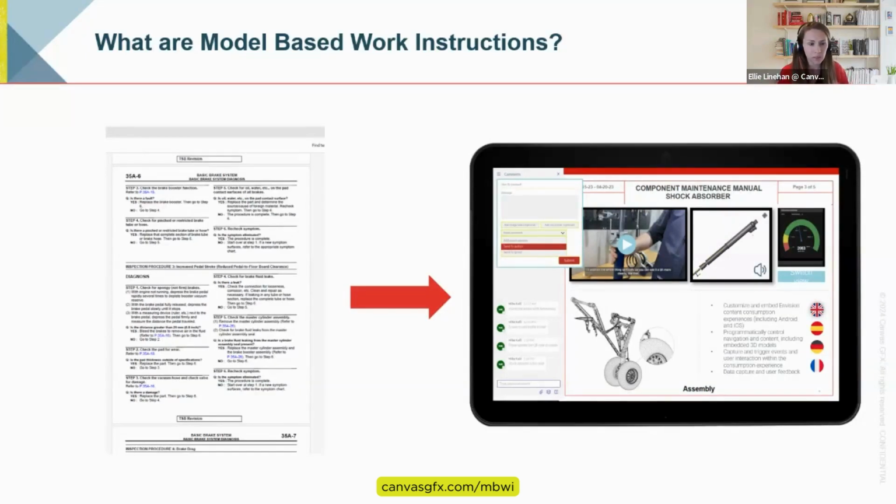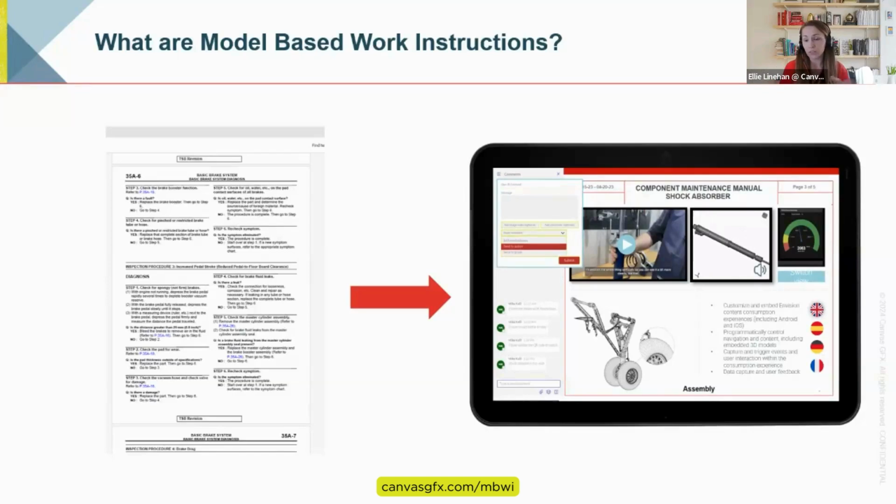If we think about this paradigm shift, there's a step in between where we create documents that are 8.5 by 11 and then read them on a screen. But of course, that's maybe digital, but it's not really taking advantage of what's possible with model-based and digital work instructions. We think of model-based work instructions as being consumed digitally through a PC or tablet